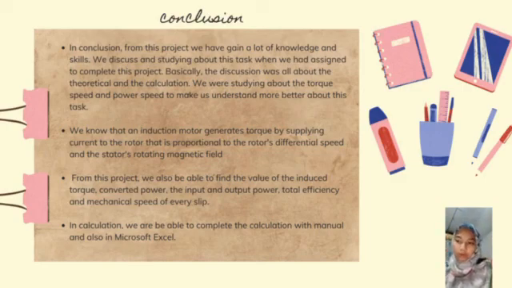We got those values from manual calculations, and we also got them from Microsoft Excel, so all of us had to learn how to find the values in Microsoft Excel. From this project, we can say that using Excel is much easier for finding accurate values than manual calculations. So in conclusion, we were able to complete this project and complete the calculation manually and also with Microsoft Excel. Thank you. That's all from us.